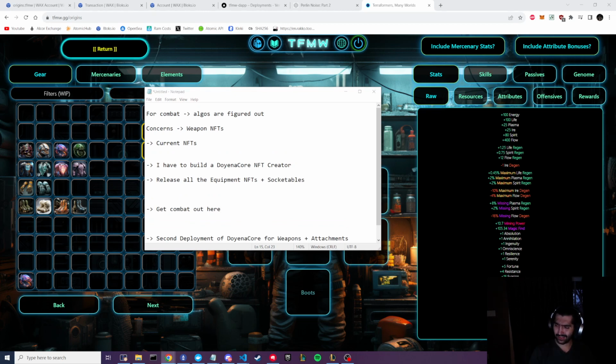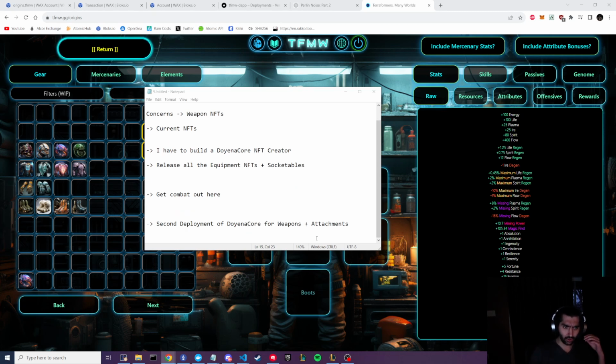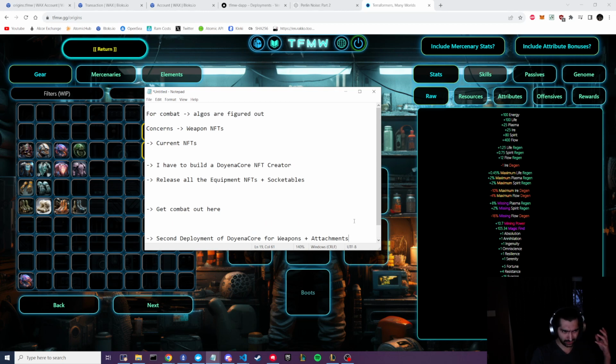And then we'll worry about how to handle all the very unique interactions for weapons and attachments and abilities, and just how they're going to work. Now that some of the clay has been sort of set for Terraformers, at least with all the procedural world gen and all the variables and modifiers you've got, I'm starting to see a lot of potential for how abilities